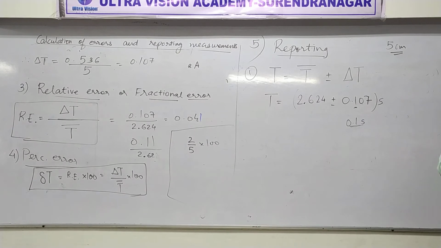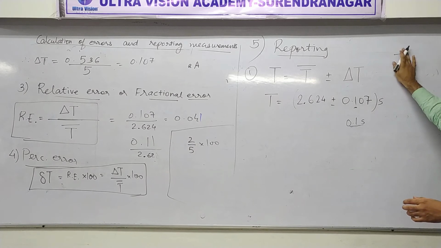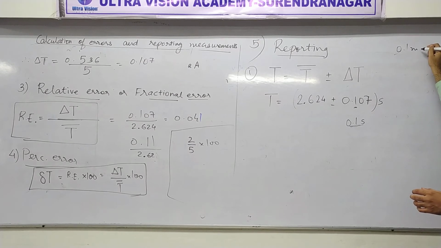Suppose it comes between the 4 mm marking and the 5 mm marking, then you have to guess. Do you remember that? So just like the ruler cannot measure less than 0.1 centimeter,